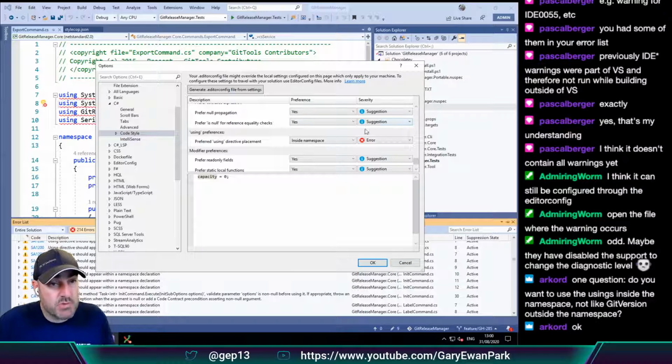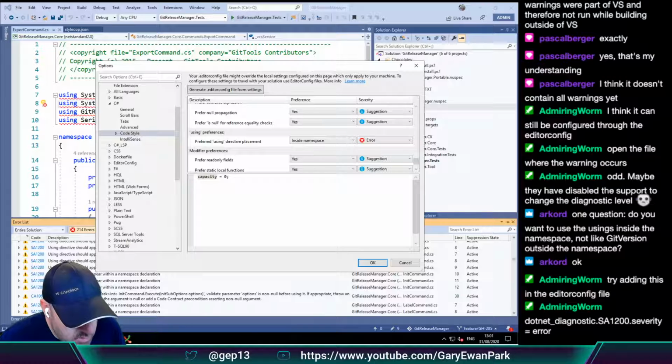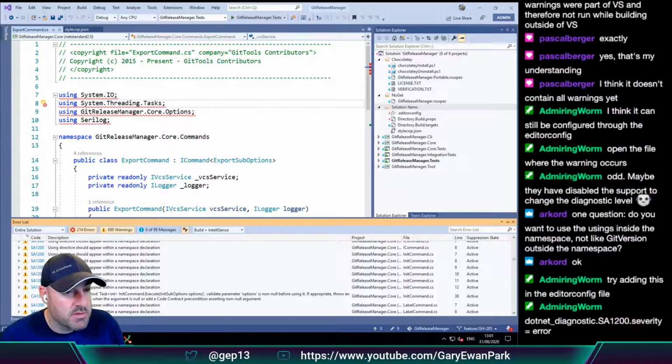Okay, so EditorConfig preferred using directive placement. How do I go from here into my... okay? That wasn't my question, but I think that would help.